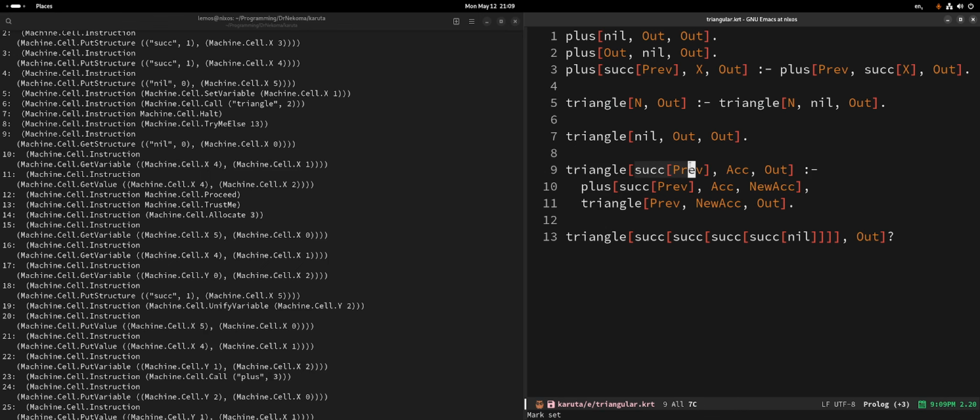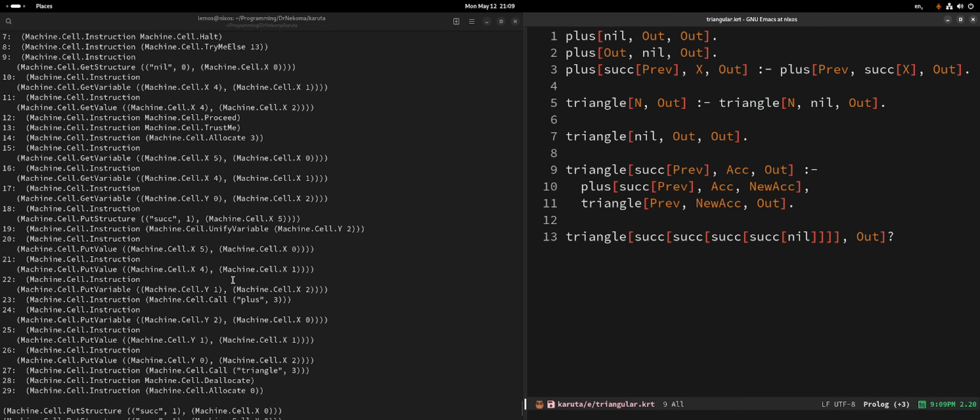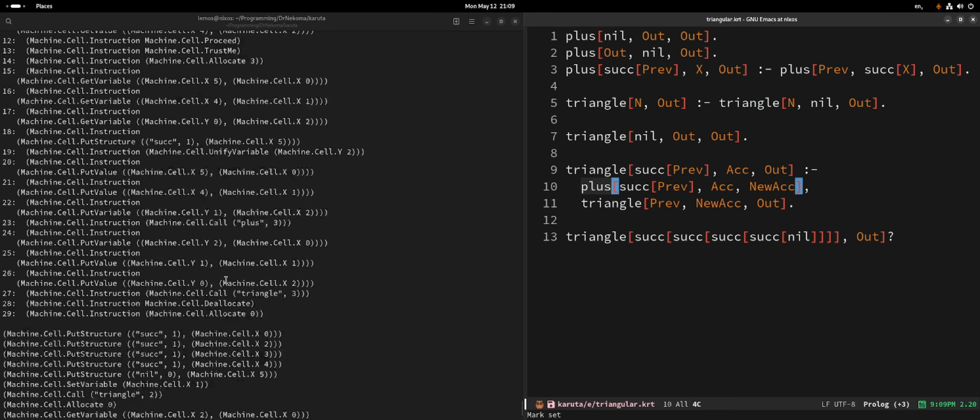Oh, but this is just a functor. I don't think that really matters. And then we call the plus. We actually call plus. So we're calling this plus probably. After that,